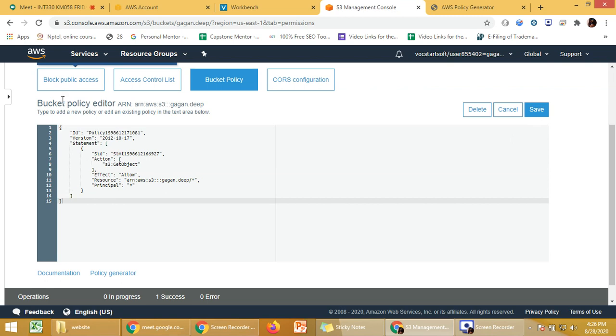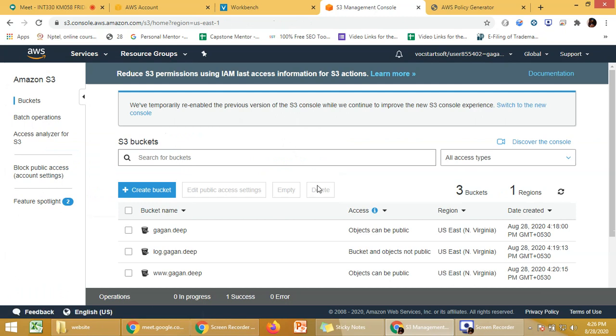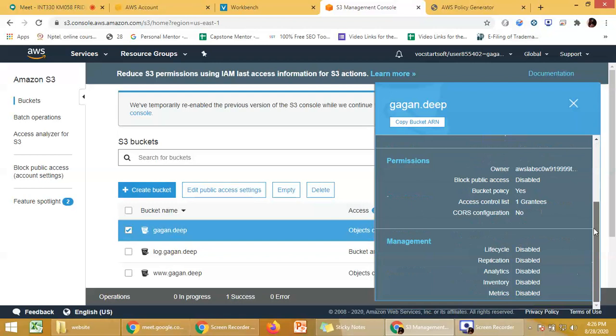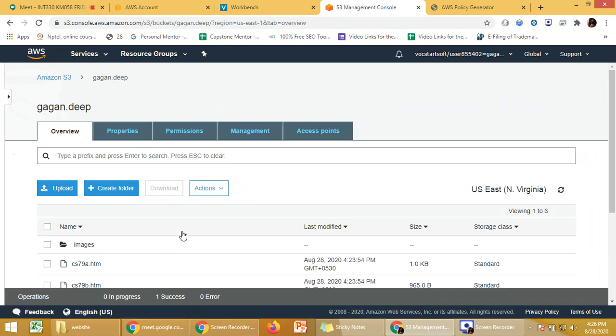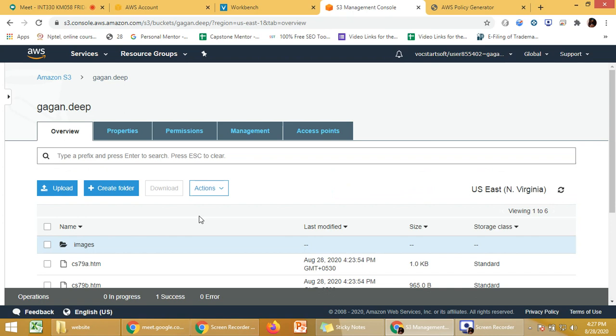Once you have saved it, just go back to the main location and refresh it. So objects can be accessed publicly, so you are able to access this publicly. Everything is available. Now if you click on this, you can see all this is now available.